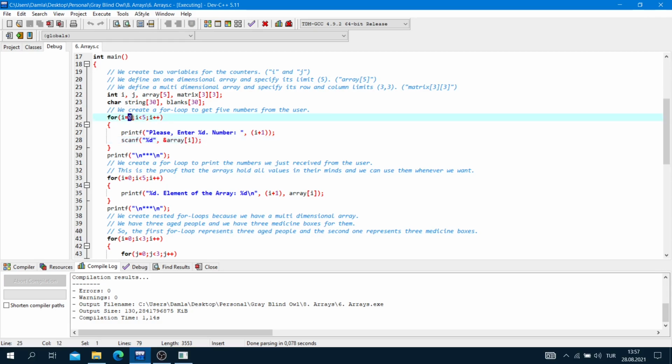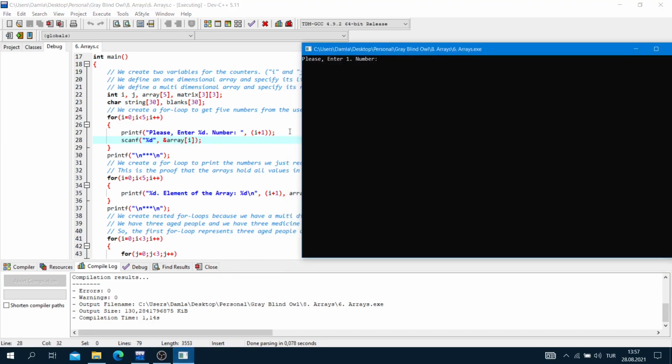After that, i is equal to 1, so array 1 is our second element. And i is equal to 2, so array 2 is our third element. Okay, so we are here now.